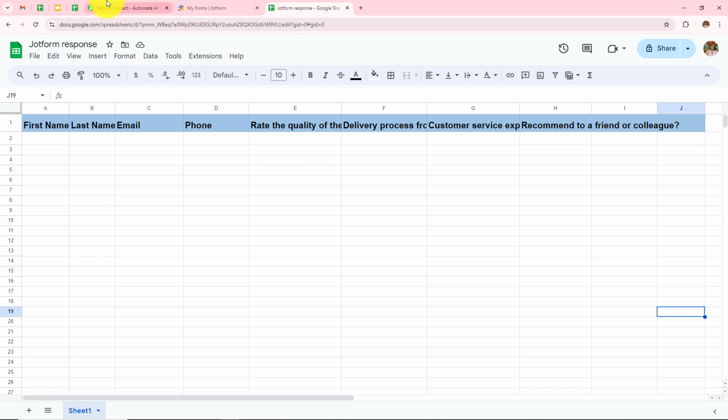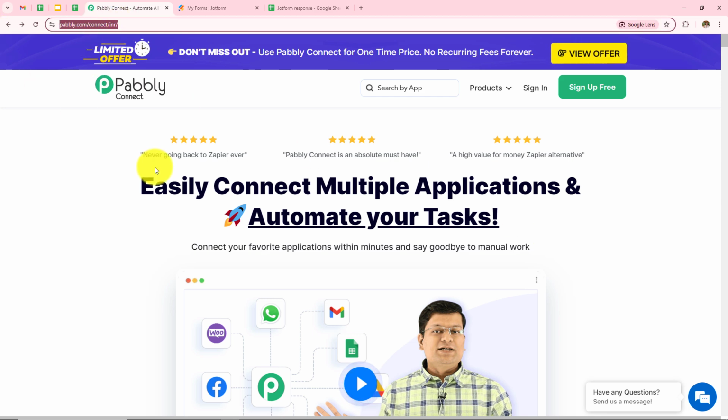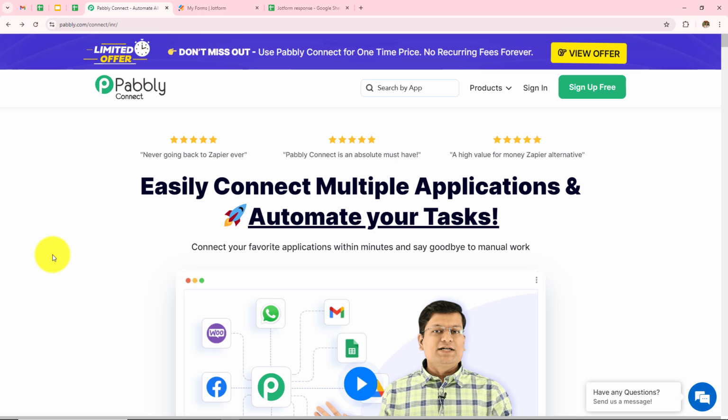in my Google Sheets. So this is the landing page of Pabbly, and you can visit this simply by typing pabbly.com/connect in your browser. After browsing the website, we need to sign into a Pabbly account. On the top right corner, you can see two options, sign in and sign up for free. If you are an existing user, click on this sign in. But if you are a new user, click on the sign up for free, and this will give you 100 tasks free on a monthly basis. As I am an existing user, I'll click on the sign in.